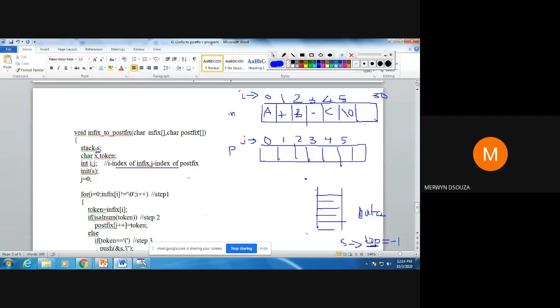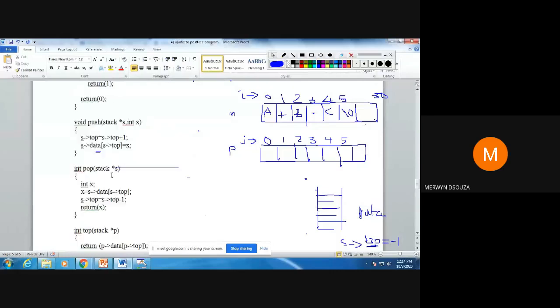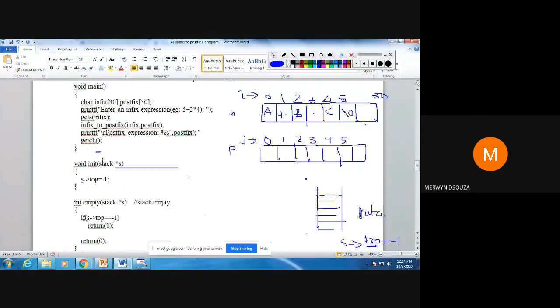The changes would be available only locally. So since the changes should be available everywhere, the value of top should be equal to -1 everywhere in the program, that's why I pass by reference. So when you pass by reference, that is the way you have to pass. Whenever you pass the address, the address has to be received by a pointer variable like this. Okay. And when you are using a pointer variable, you have to use this arrow operator.